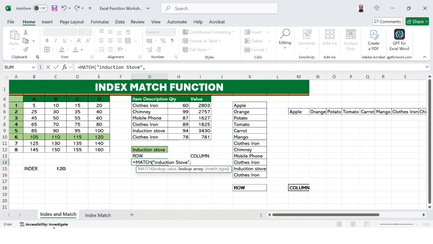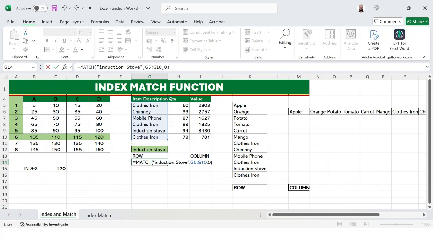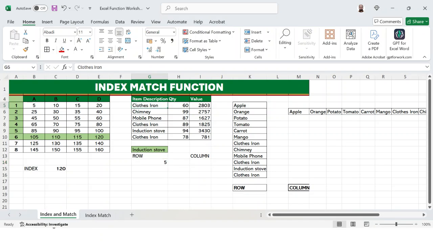Now it's asking for the lookup array, so the lookup array is this one, and the match type is 0, exact match. Close the bracket and hit enter. You get the answer as 5. Why fifth? Because induction stove is contained in the fifth column. You can see first, second, third, fourth and fifth, this column. So this is how the MATCH function works in a row.